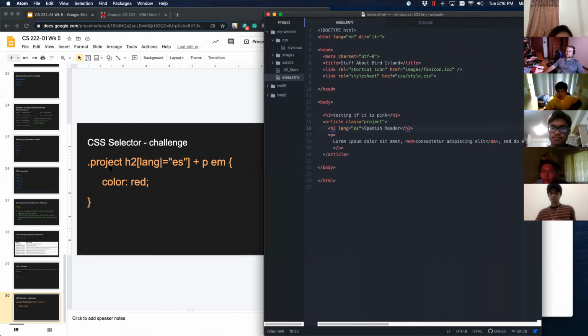We have a project class, and here I created a project class. Can y'all see this? Is this too small? No, it's okay. So I have a project class, right? It's on an article, so I just reuse my article. And that project has to contain an H2. So here's the article. Does it contain the H2? Yeah, it does. The H2 has to have an attribute called lang set to Spanish, which is ES,